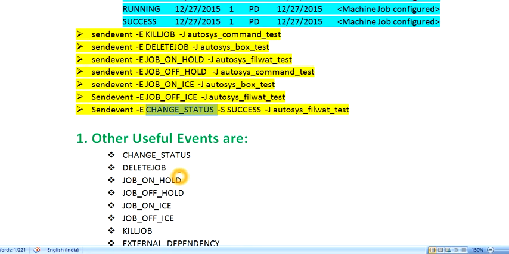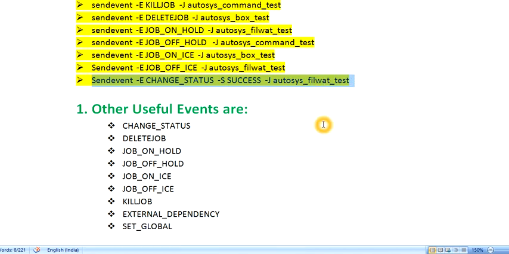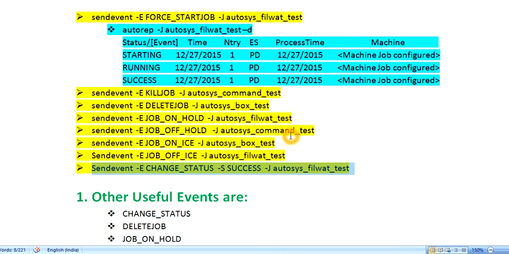When you will be working in the real-time client environment, these are frequently used when you have some dependent jobs, which normally happens in the client environment. If there are some downstream jobs which are dependent on an upstream job, and the upstream job is having some kind of problem, and your downstream job depends upon the status of the upstream job, at that point of time you use this command very frequently, right? So these are some basic send event options.